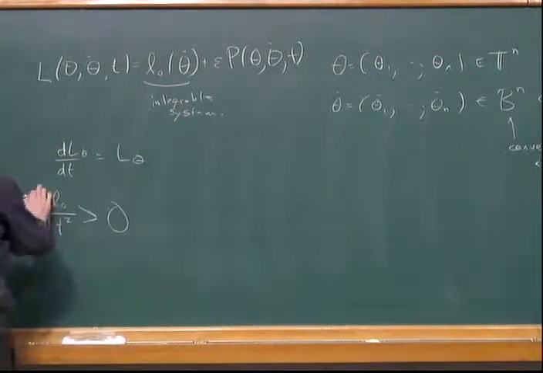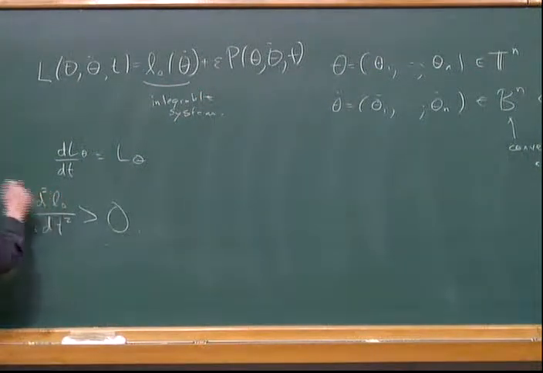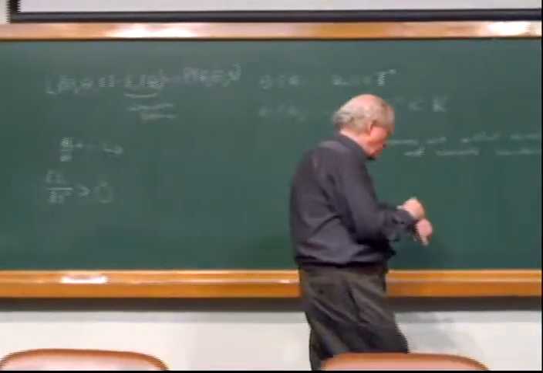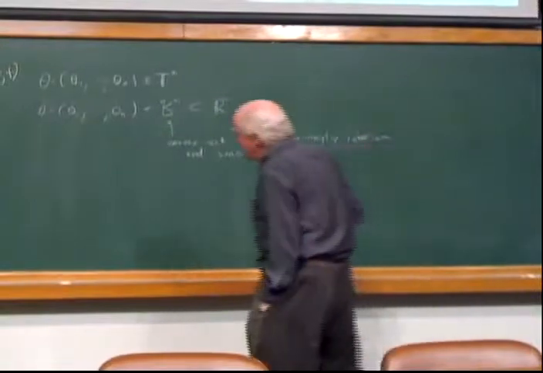So this is, in fact, a rather strong assumption, stronger than is usually assumed in KAM theory, where one just assumes that this matrix is non-degenerate. But what I want to do is assume that it's positive definite. And now